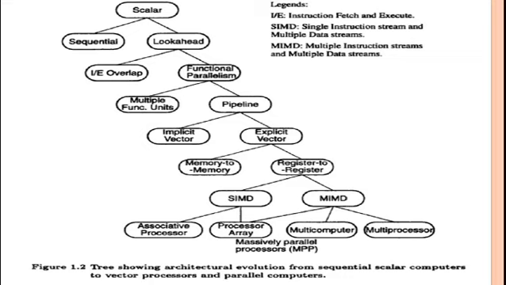The latter includes pipelined instruction execution, pipelined arithmetic computations and memory access operations. Pipelining has proven especially attractive in performing identical operations repeatedly over vector data strings. Vector operations were originally carried out implicitly by software controlled looping using scalar pipeline processors.